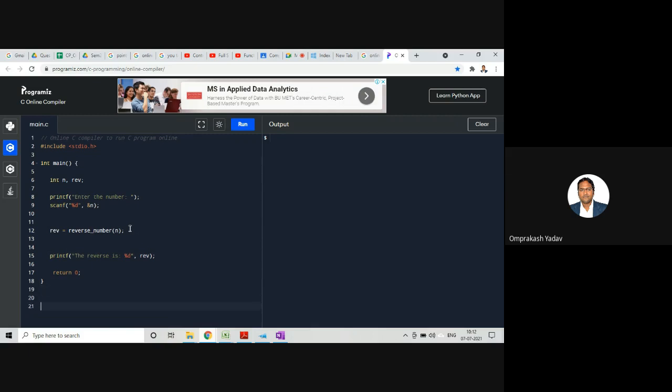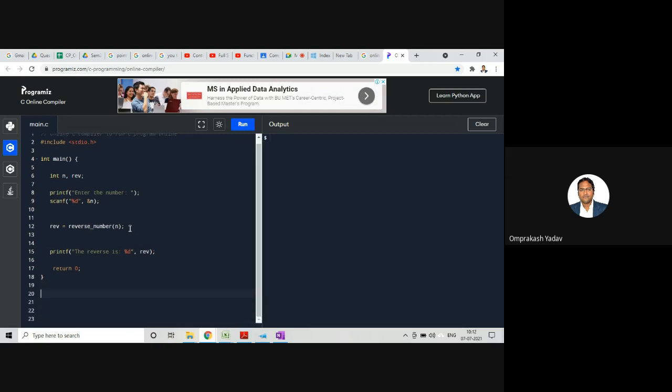Let's write the function definition over here. So the return type will be int, and the function name is reverseNumber, and in this we are taking n. Now here we will write the logic to reverse that particular number, and then we will return that reverse of the number to the main method, right?